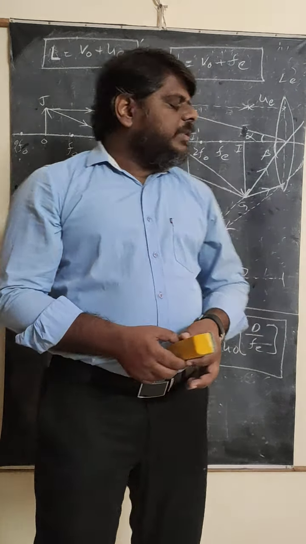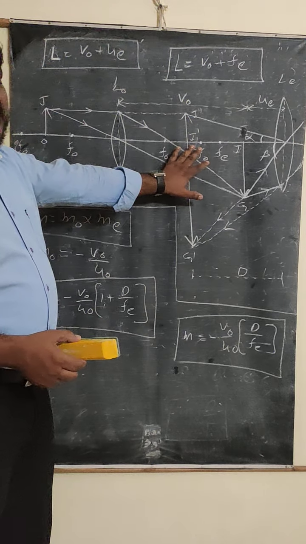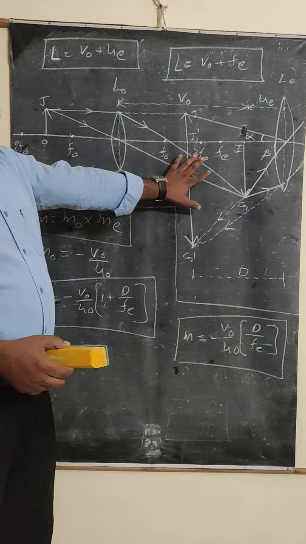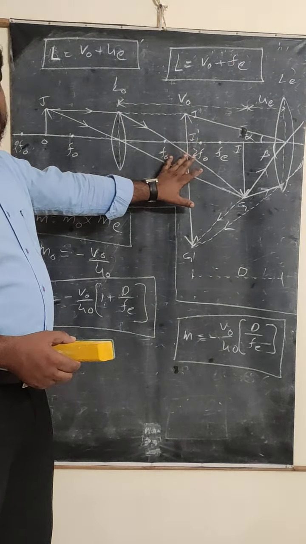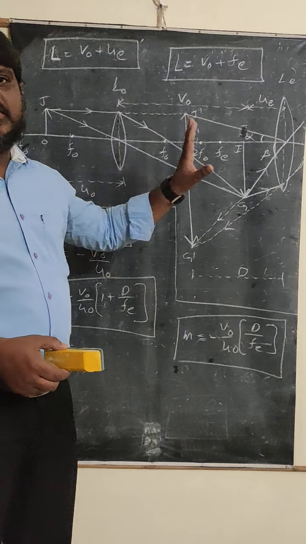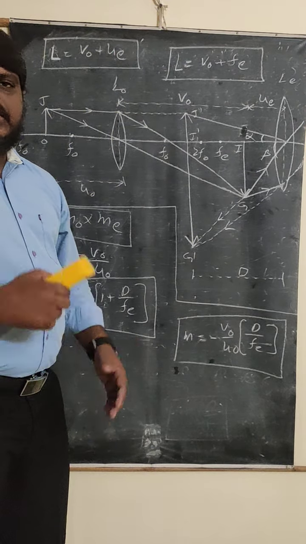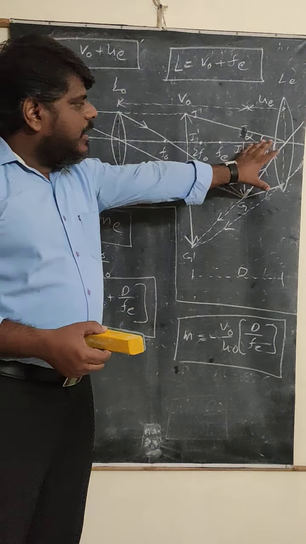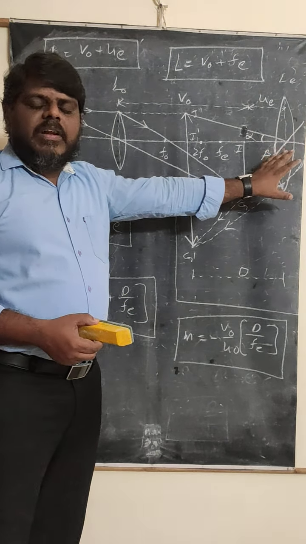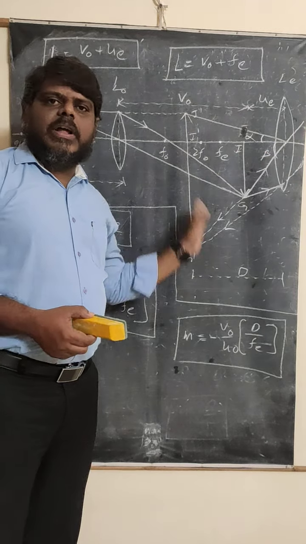So I request all of you to practice the diagram very carefully, because it is very important for 2 marks or 3 marks, they will only ask the diagram. The derivation part is not required here. Just remember the simple microscope magnification formulas, which will help you find the magnification of the total compound microscope.